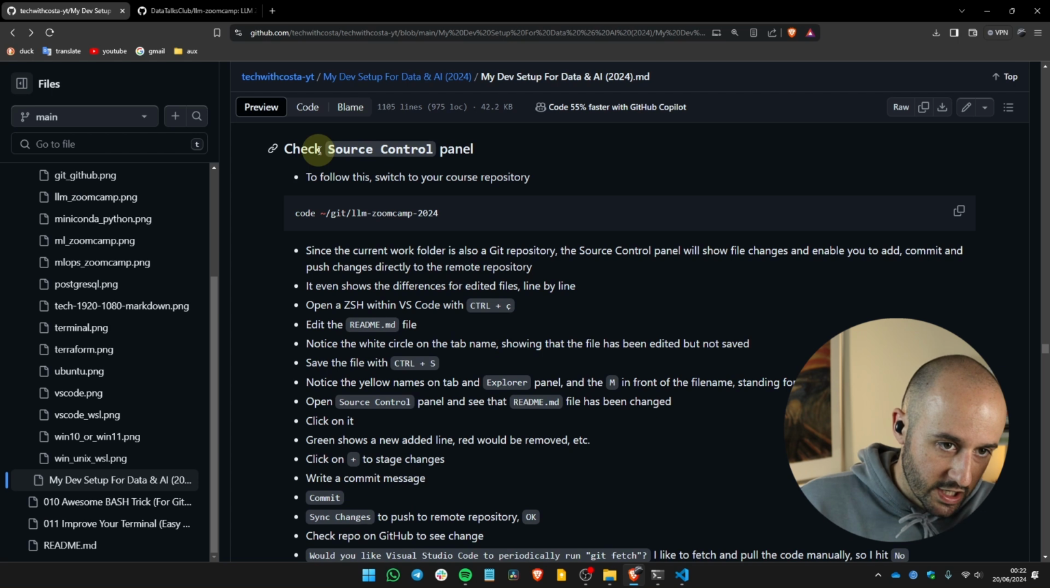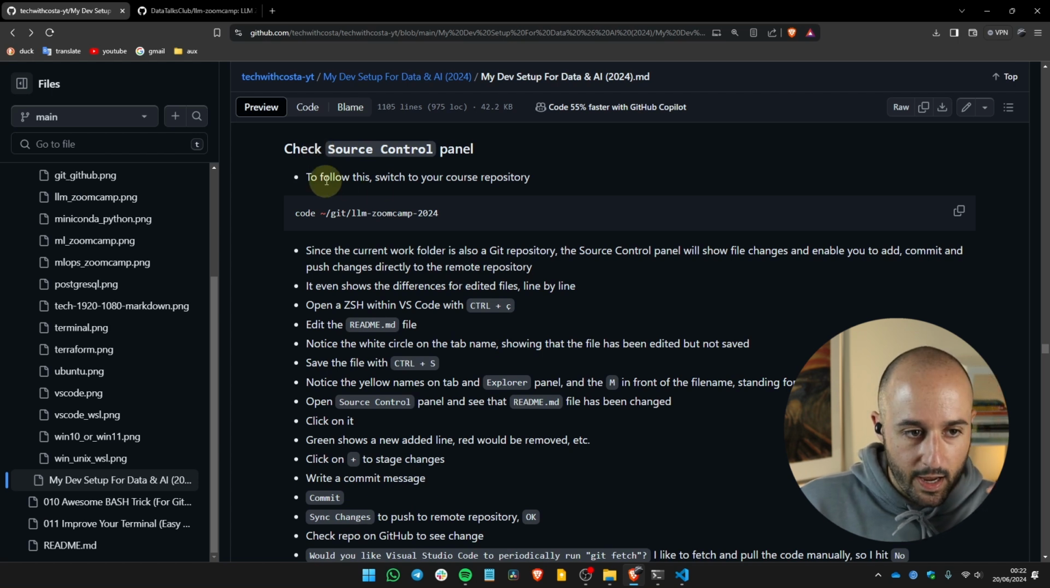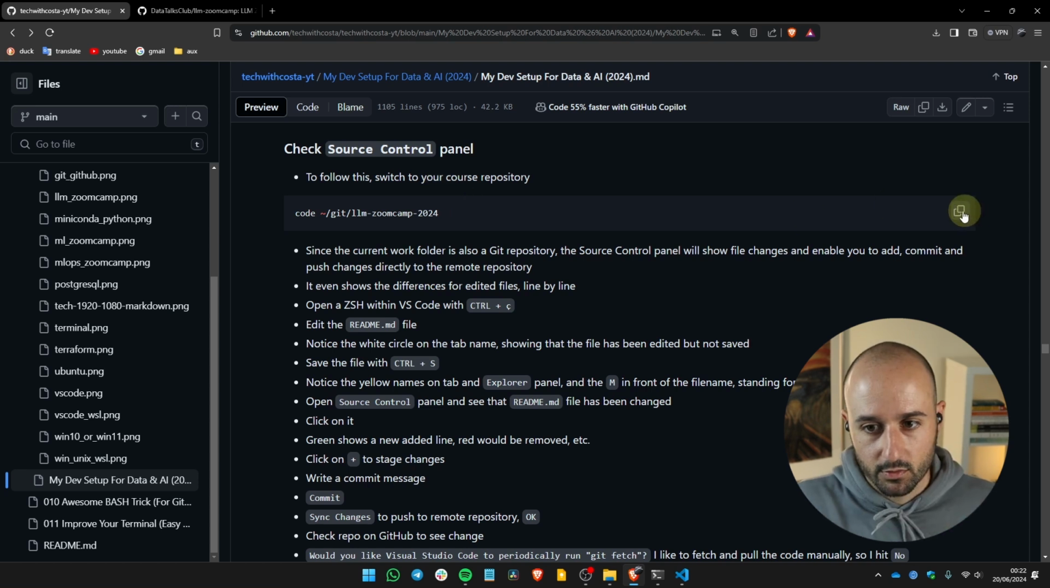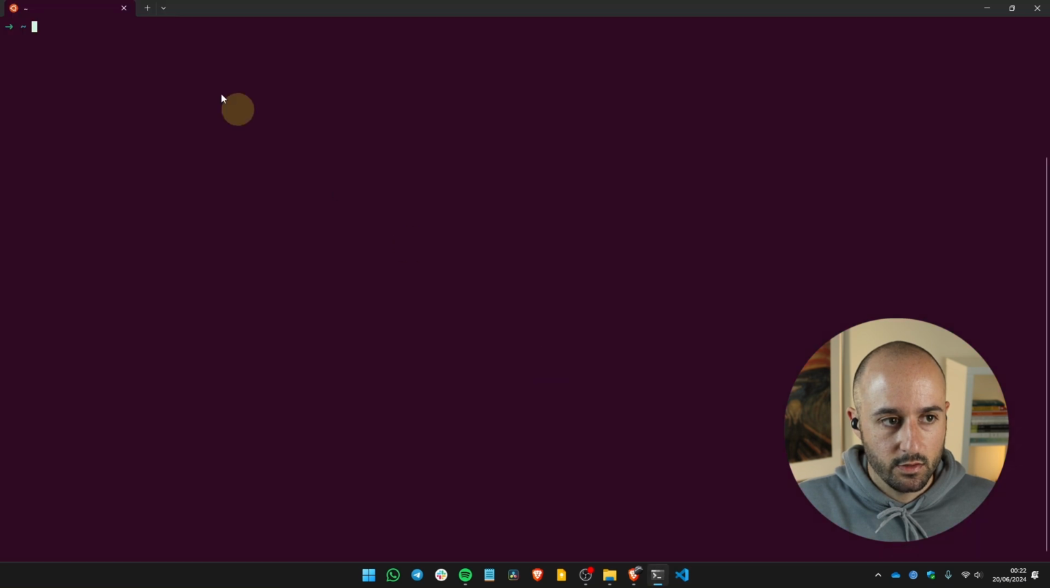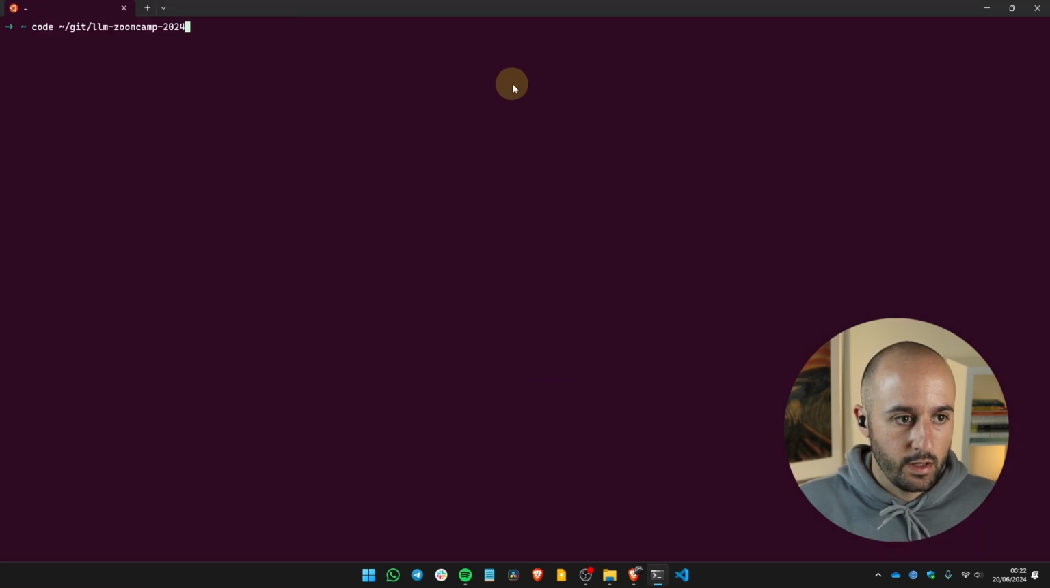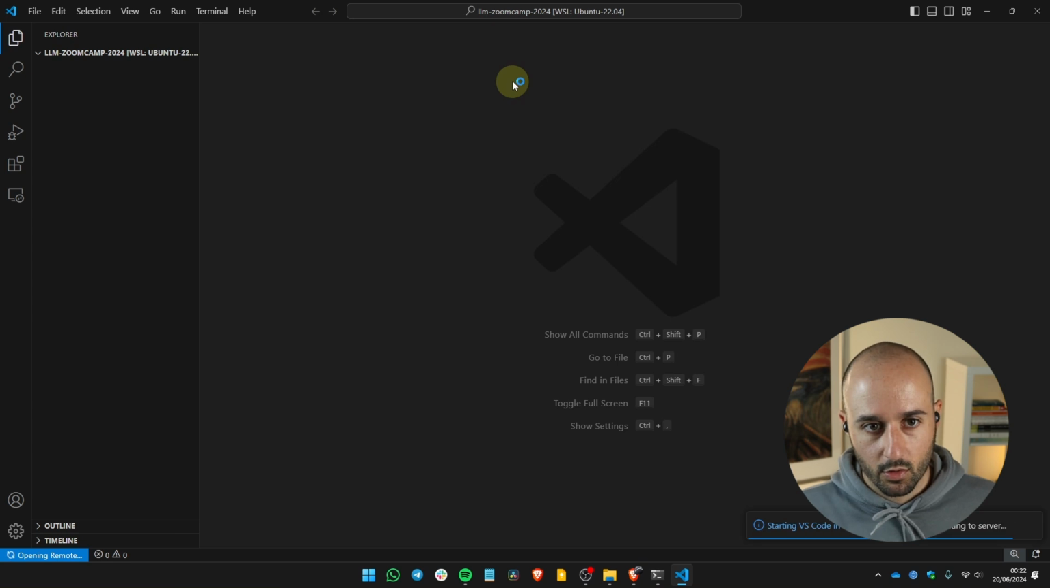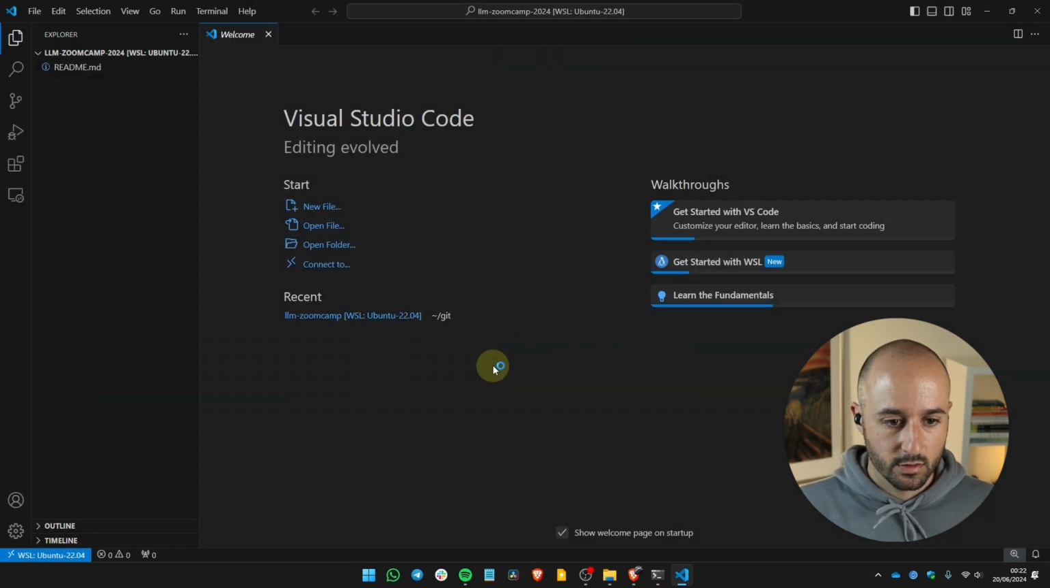So then we can check the source control panel. And to follow this, let's switch to our course repository. So let me copy this, let me close this instance of VS Code, and run this to open our course repository that we just cloned a while ago. And now,